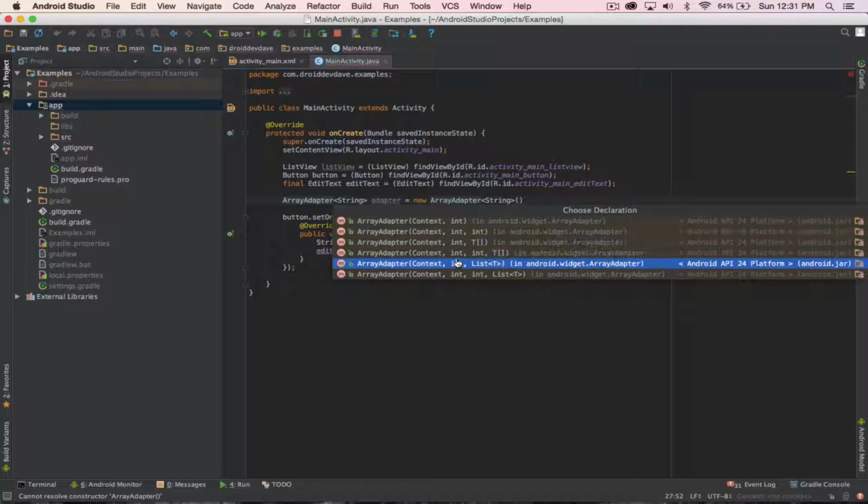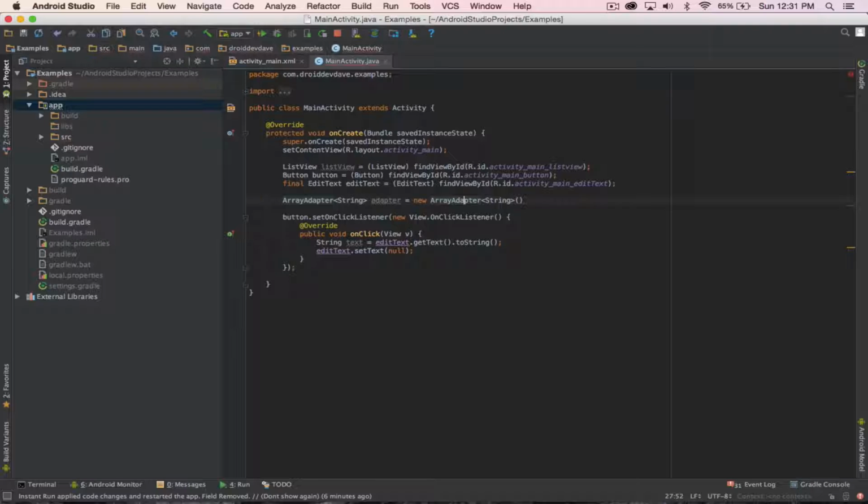We'll be using this constructor, which takes the context. So think of context as the location of the app right now. Basically every activity implements or is a form of context. So you can reference the activity that you're currently looking at as the context of the app. So if we do this,